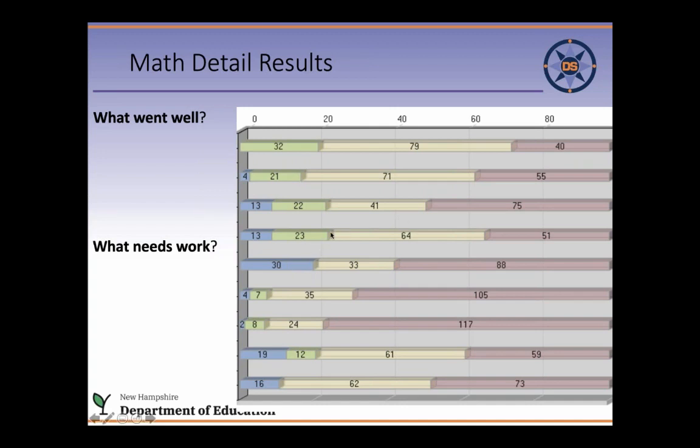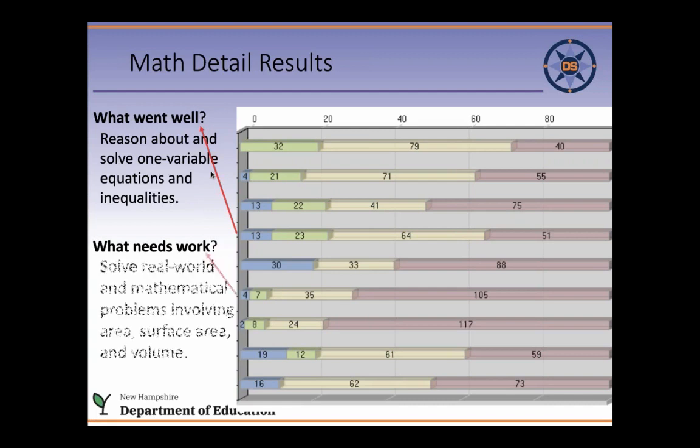But I would say this might be one of the strongest areas. Some people are saying that anyway. Is that the 4th one down? Yeah, the 4th one down. Okay, 3rd and 4th. Okay, so it's actually reason about and solve one-step equation. So great, we did really well with that. Now, what wasn't strong? This would be probably the weakest area. This one has the most red. This one might be the weakest area, actually.